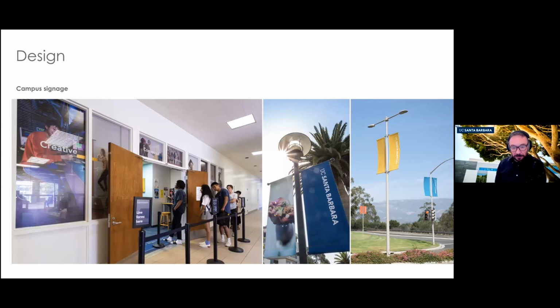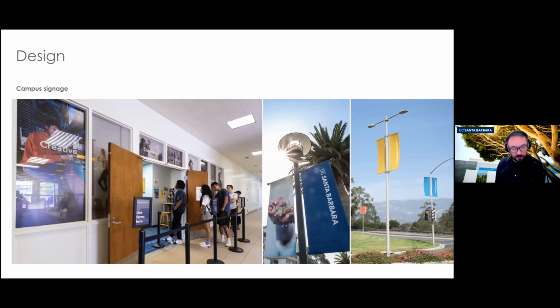Campus signage, with this brand new visual identity, we've done a lot of campus signage. So I designed these banners. If you've ever been into the first floor of Cheadle for the Letters and Science academic advising, you've seen that whole display. That was my design and all my photography. I was very happy with that.